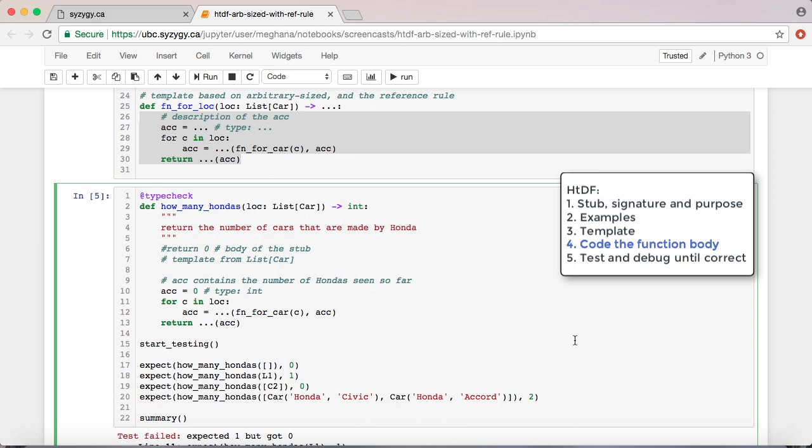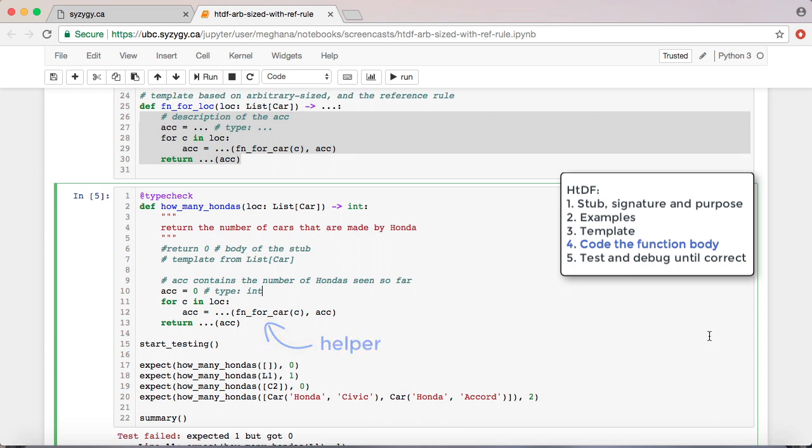I need to think about what code to write to handle each individual car. I can see that I'm moving through the list of cars, and I might want to update my accumulator. What I have to work with is the car, which is wrapped with a call to fun4car, and the current value of the accumulator. That reference to car's template function is built into the template to remind me that it's very likely that I need a helper function here.